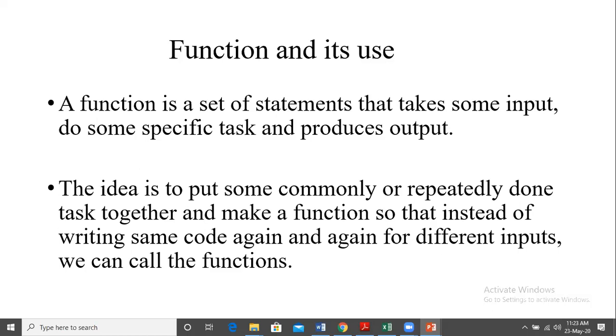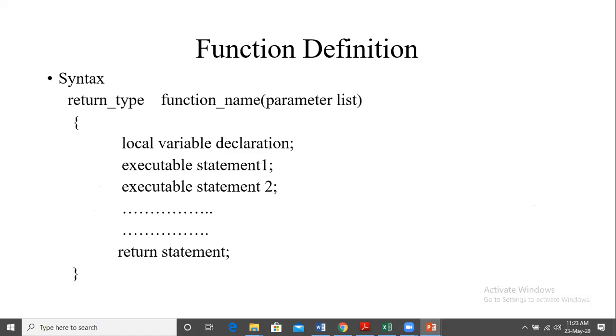We have a particular task that can be defined as a function. Now there is syntax also for this function. So this is very important. Please note function definition. If we are defining a particular word, we are telling what is the meaning of that, right? If I say define what is a book, you'll say a book is something which is giving us information. It has some pages. That is basically defining the meaning. Similarly, if we have a function, we are defining what is the task it performs. That part which defines that function is called function definition.